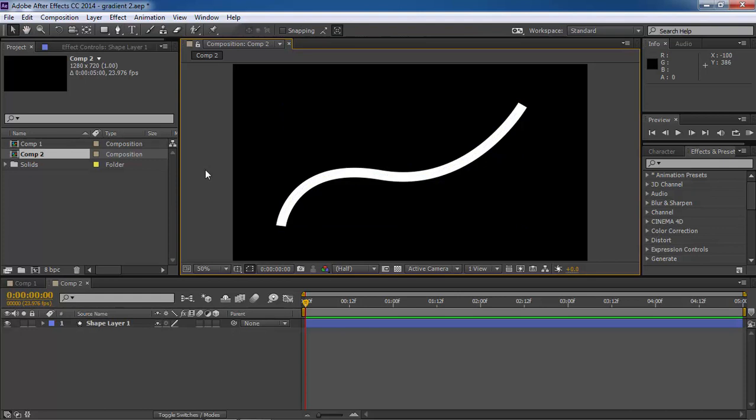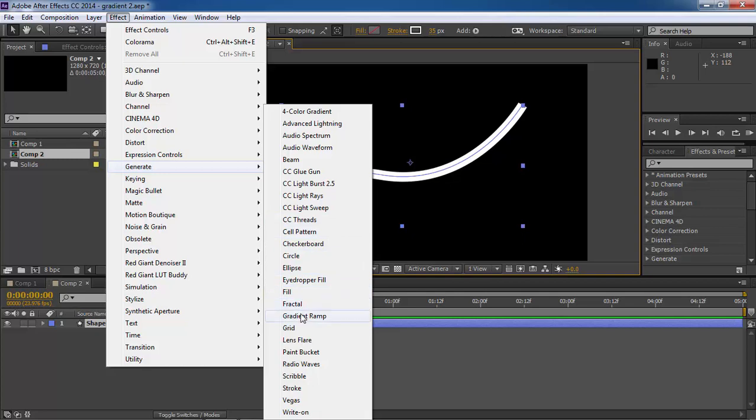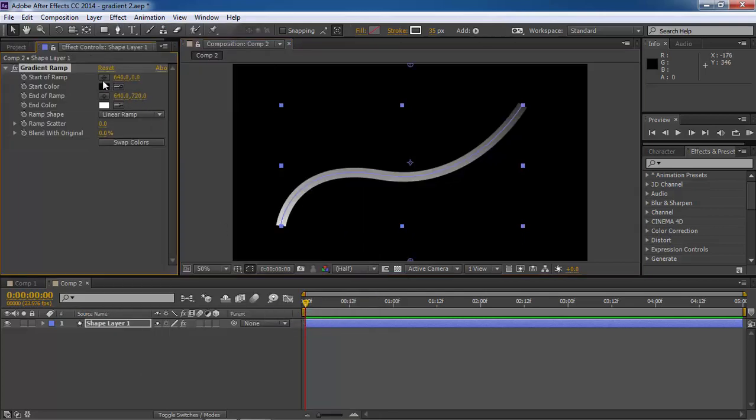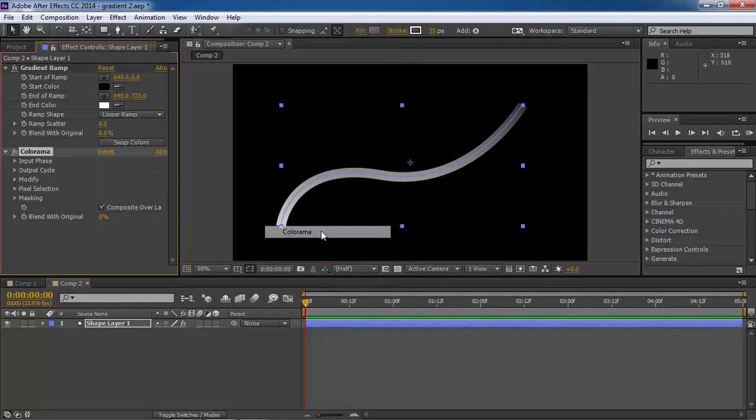Now it's time to fill this path with gradient. But the problem is in After Effects, there are only 2 types of gradients. One uses only 2 colors and another uses only 4 colors. And that's our real problem. But we have a solution for that. First, apply the Gradient Ramp effect on it, which is in the Generate submenu. And you can see it will allow only 2 colors. In order to change it, apply a new effect under Color Correction, choose Colorama, and you will have this beautiful